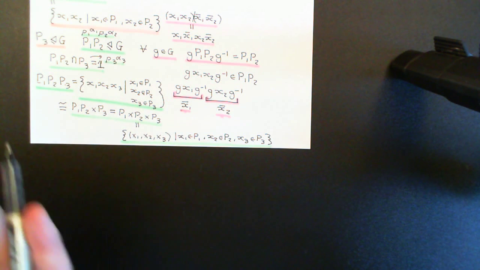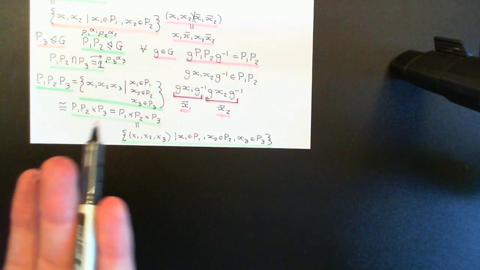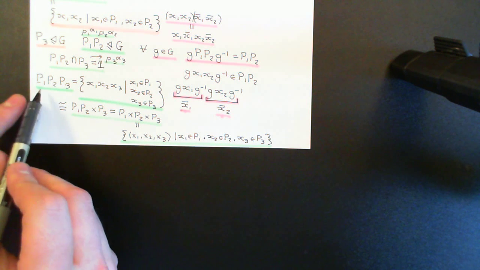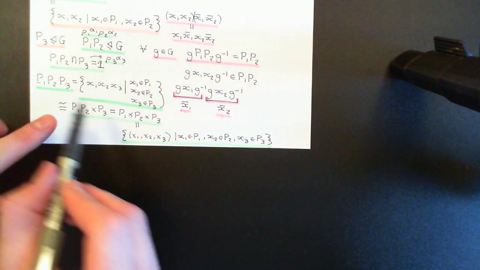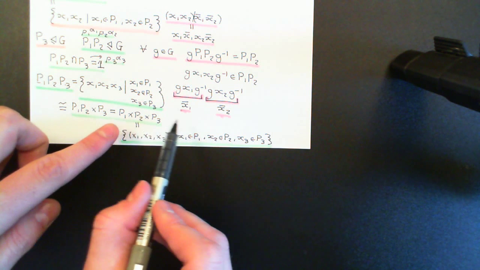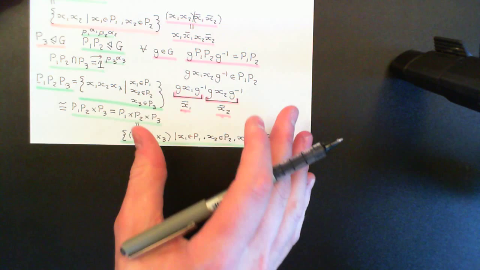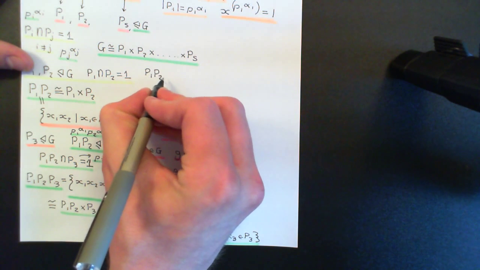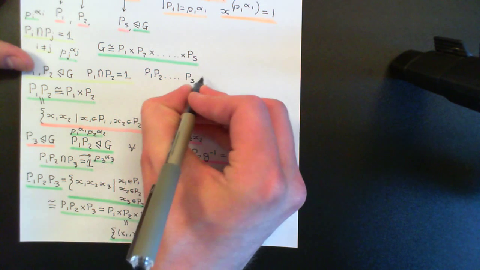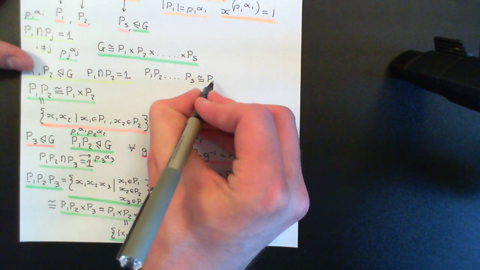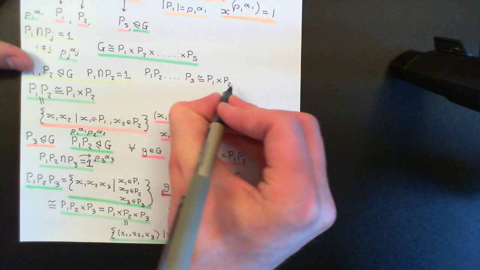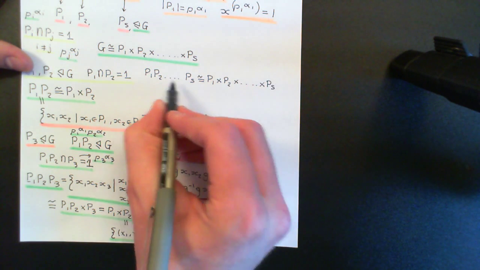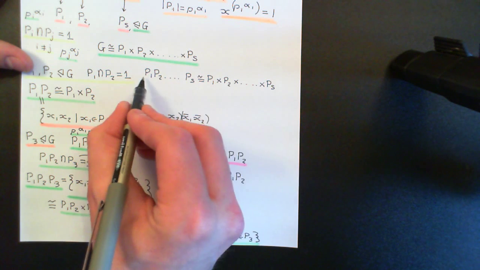And now, of course, I hope that doing this has given you the intuition for the fact that you could go further. You can now internal direct product this with P4 and it would end up isomorphic to P1 cross P2 cross P3 cross P4 and so on. So what you would overall be able to do is take the internal direct product of P1, P2, all the way up to PS and it would end up isomorphic to the external direct product of P1 with P2 all the way up to PS,